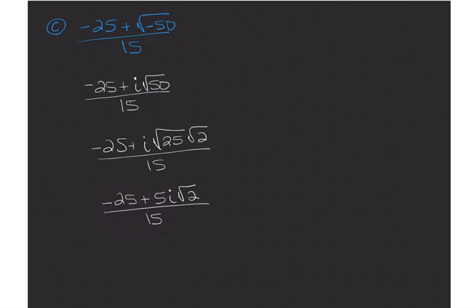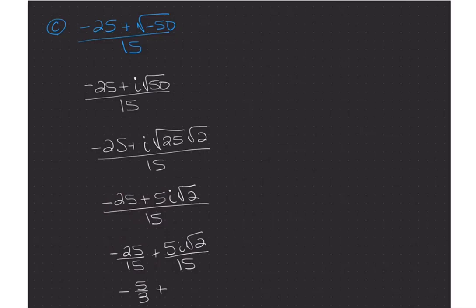So I'm going to write it as negative 25 over 15 plus 5i times the square root of 2 over 15. Now I think it's easier for me to be able to reduce this. So now I'm looking at my negative 25 over 15. I know that 5 is going to go into both of those. So that's going to reduce down to what? Negative 5/3